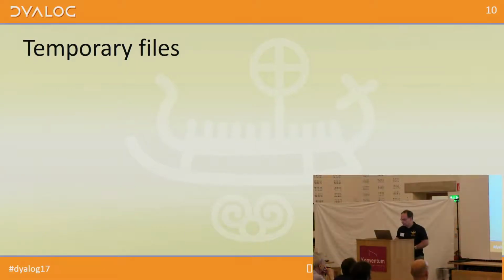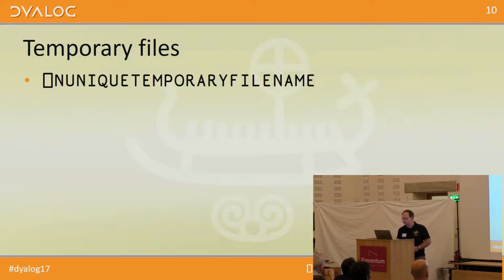And another thing people have been asking for is a way of creating temporary files. They don't really care what it is, perhaps even where it is on the file system, it's just somewhere to dump things. So what people tell me they want is something to give them the name that they can create of a temporary file, something like that. And I think that would be quite nice. Actually, there is a very slight problem with it, so we'll not do that.